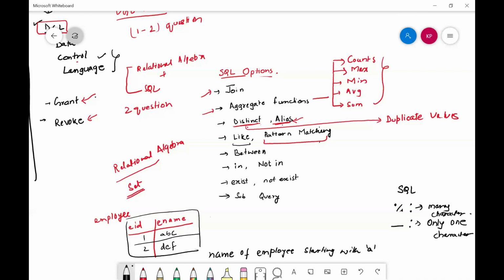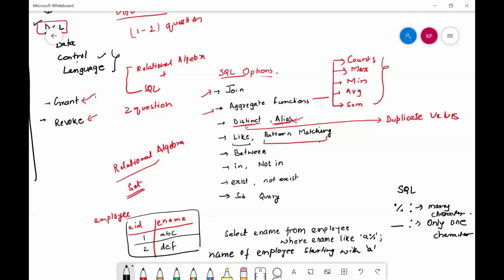Let me write the query for you. Select e name from employee where e name like 'A%'.